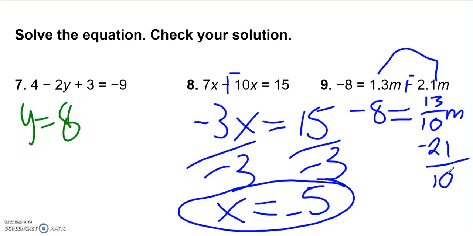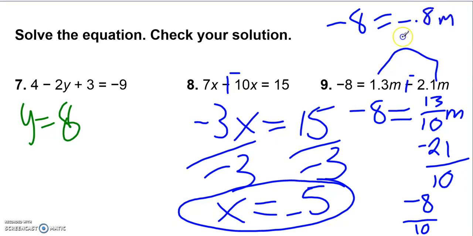So that's going to be -8 over 10, or -0.8 m. So I'm going to write that up here. So -8 equals -0.8 m. So then I have to get rid of my best friend, which is -0.8. So I'm going to have a positive. So my m equals